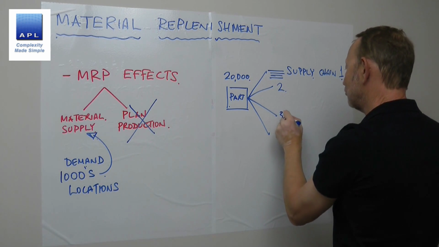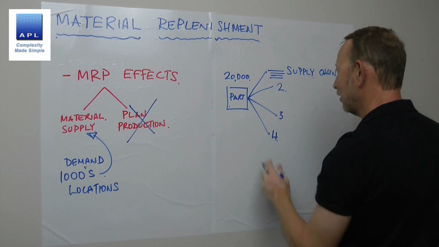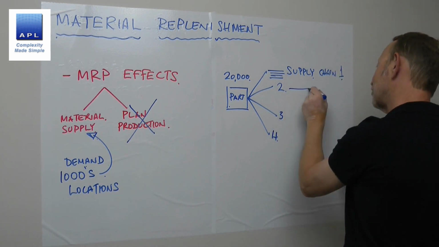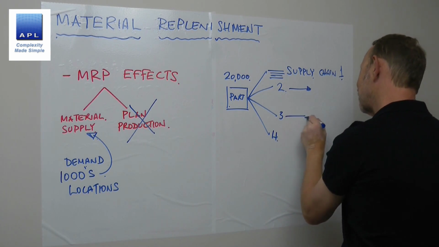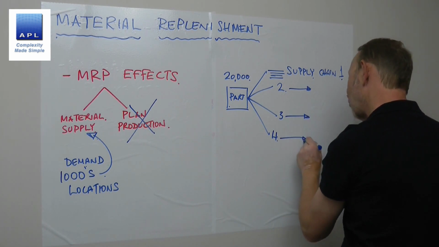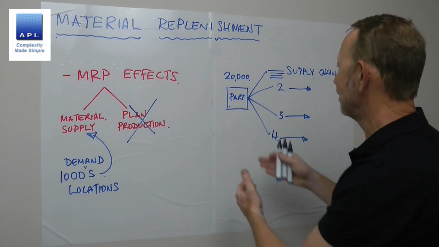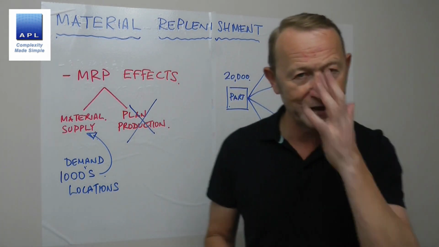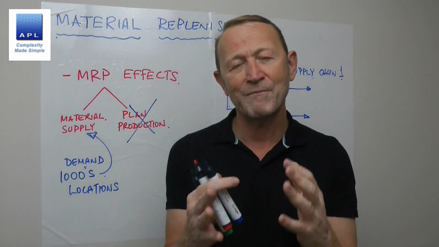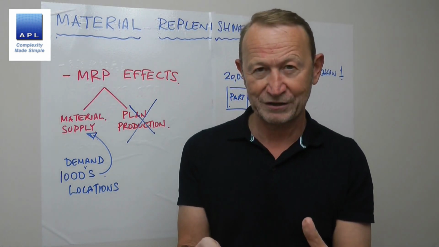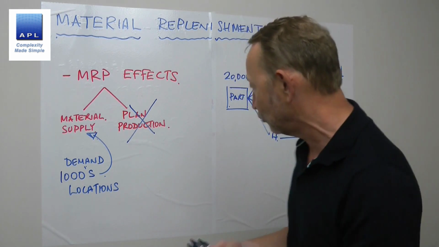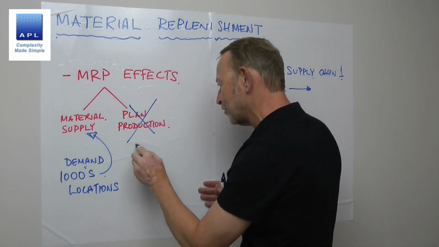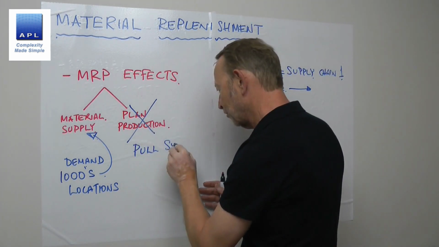Supply chain 2, supply chain 3, supply chain 4. And of course what it does is it sends out the forecast all the way down the supply chain, given that you're going to make 20,000 of these over the 12-month period. That is what MRP is brilliant at. That's the transformation. You are going to replace this with pull systems